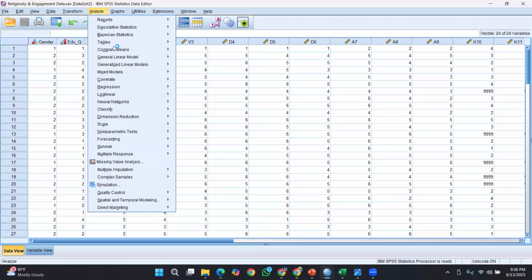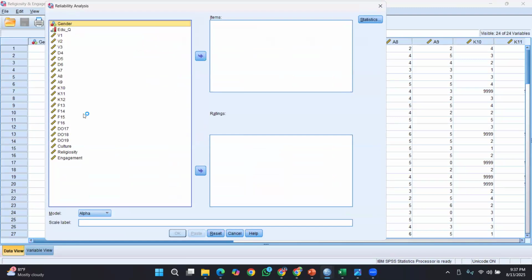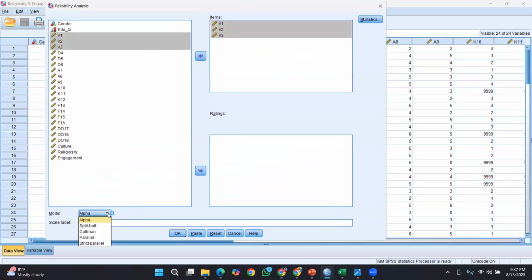So I'm getting the analysis, and reliability analysis is there. Go to analyze, scale, and there you have reliability analysis. Out of this you can obtain the display variable names here, and you have to do it one by one. Vigor first, then the model by default is alpha, and you can go for the split half as well, but Cronbach alpha measure is quite okay and accepted for social scientists. So you can give all.